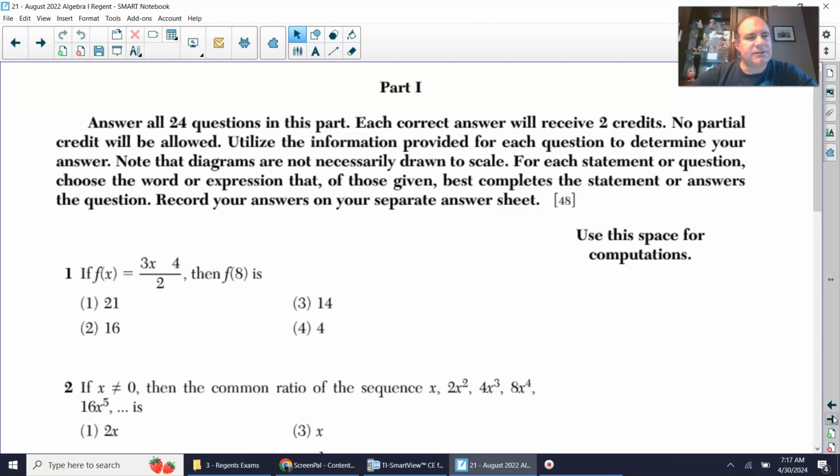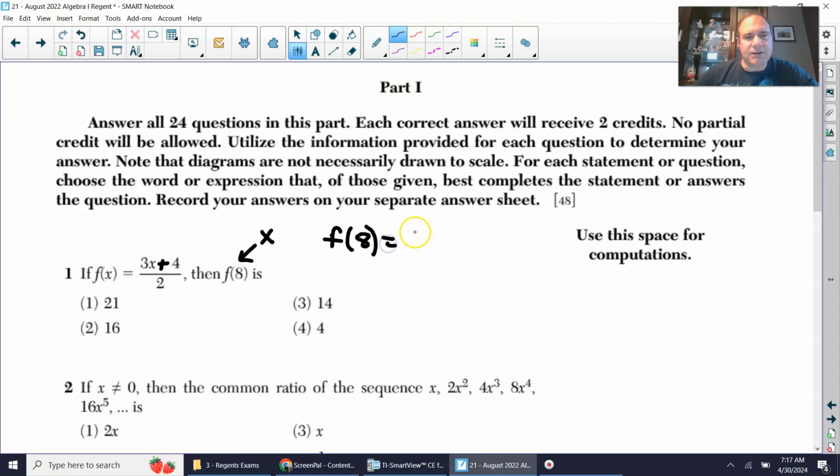We have f of x is 3x plus 4. I don't know why that didn't come out, but that's a plus 4 over 2. Then f of 8, and this right here inside the parentheses is your x. So you could do this one or two ways. You can actually just go ahead and substitute the 8 in. You get 3 times 8 plus 4 over 2. You can put this directly into your calculator, and